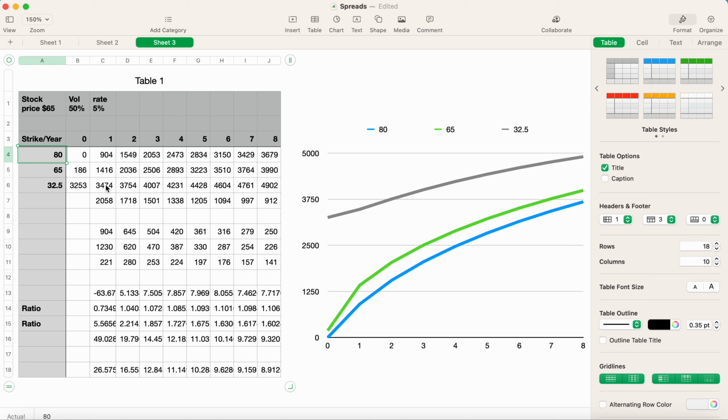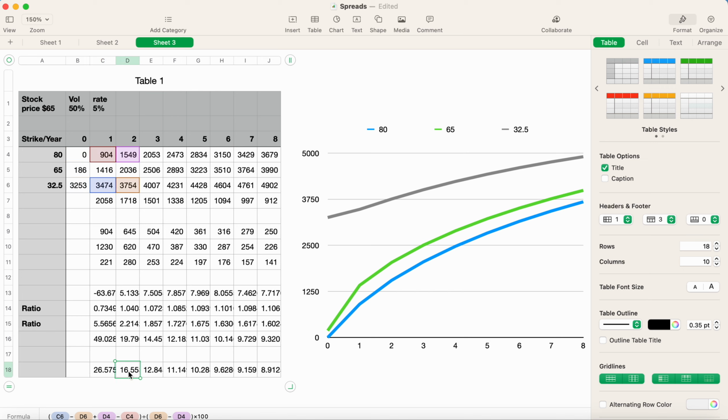So if I buy the 32.5 strike price and I sell the one that is out of the money, also expiring 1 year out, basically I'm going to gain this $900. And if that expires out of the money, meaning that our stock price didn't reach the $80, then that's going to be my gain. So if I do that year after year, the first year I'm looking at